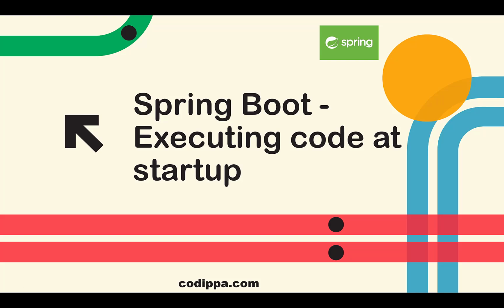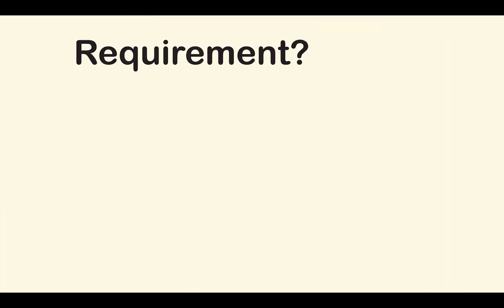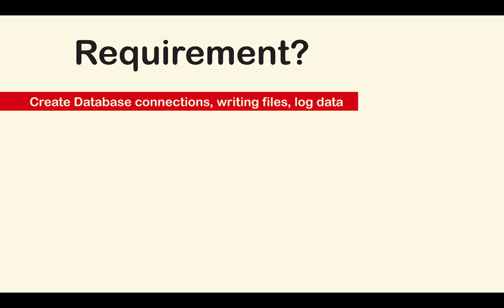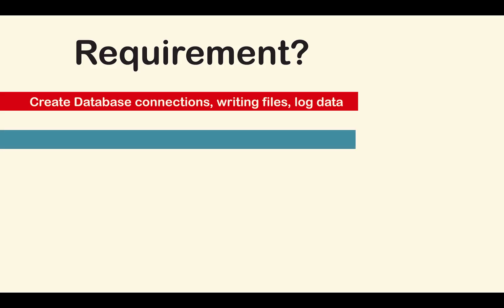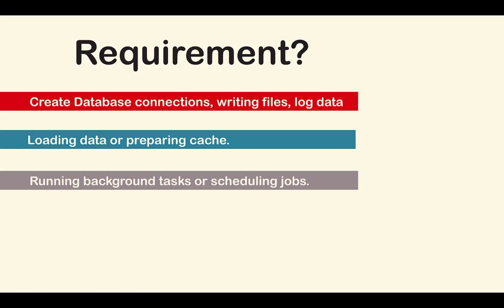In this video, we will take a look at various ways to execute some code at Spring Application Startup. But before that, it is important to know why this would be required. There are many scenarios. The application might configure itself by creating database connections, writing some files or log data, etc. The application may load some static data from database, probably for preparing a cache. Code can be executed at startup to run background tasks such as scheduling periodic jobs or starting up a daemon